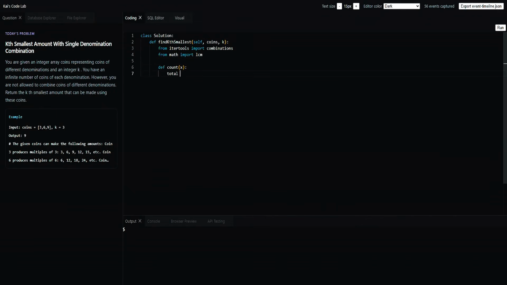It loops over every possible group size: 1 coin, 2 coins, and so on. And for each size, every combination of coins at that size. For each combination, we take the least common multiple, that's the smallest number every coin in that group can build